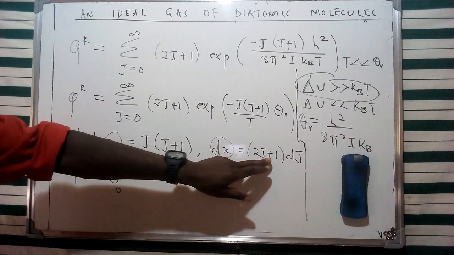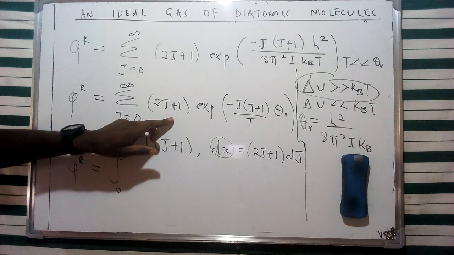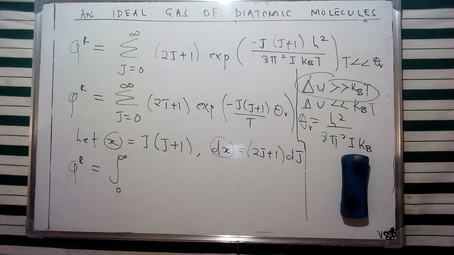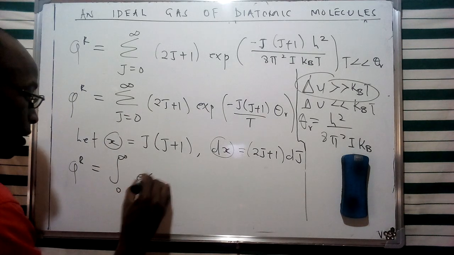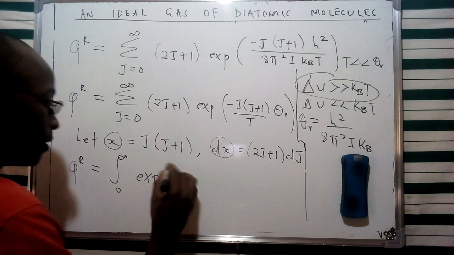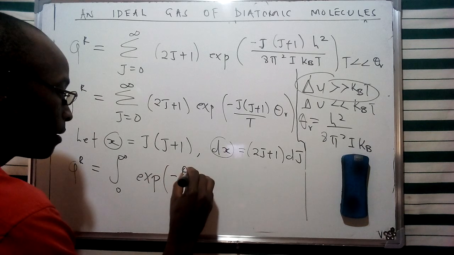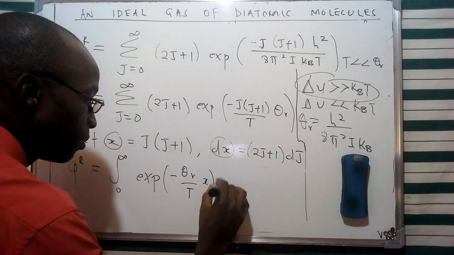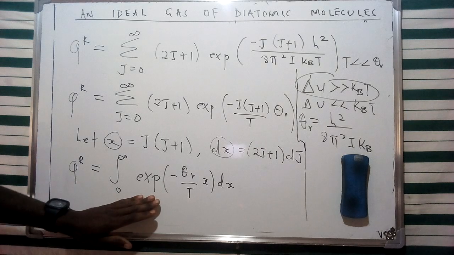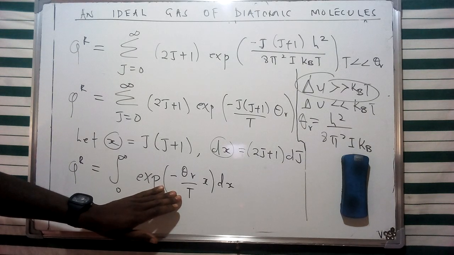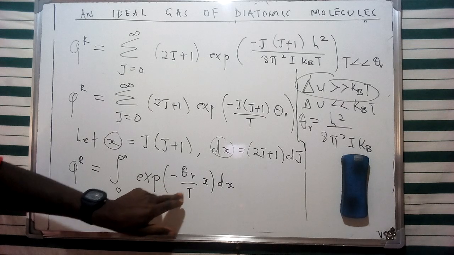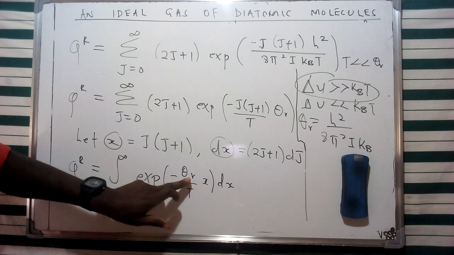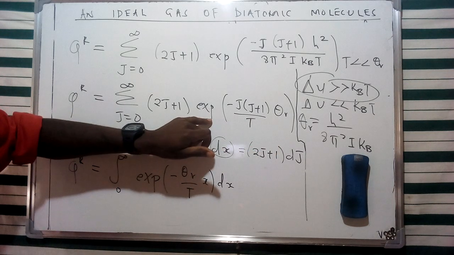So for 2j plus 1, we're going to do a substitution at this specific point, and for j into j plus 1, we're going to do a substitution at this specific point. So this equation is going to translate into an expression of this specific form. On the right side, I'm going to have 1 over T, and then we're going to have x into dx given as such. So basically it's going to be the exponent of this specific value, which is the rotational temperature, still within this exponent value,